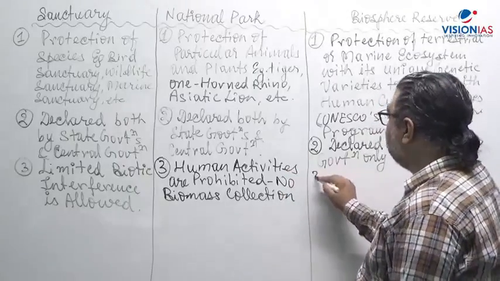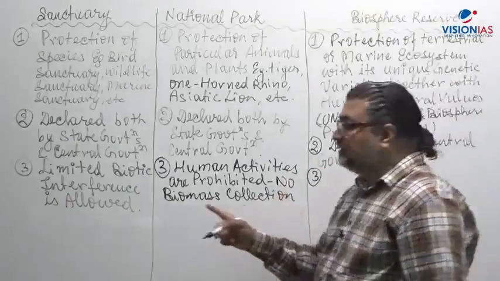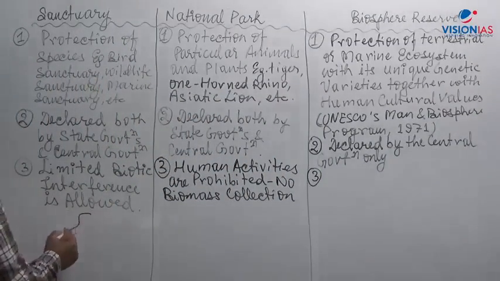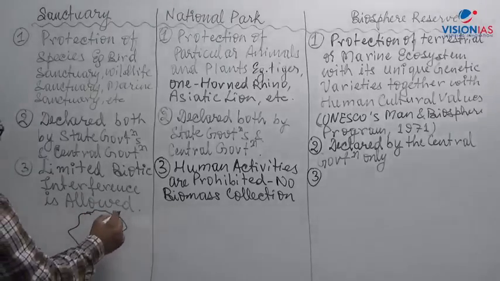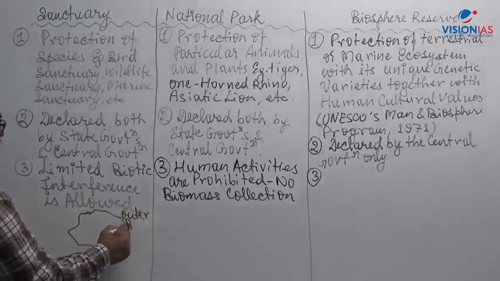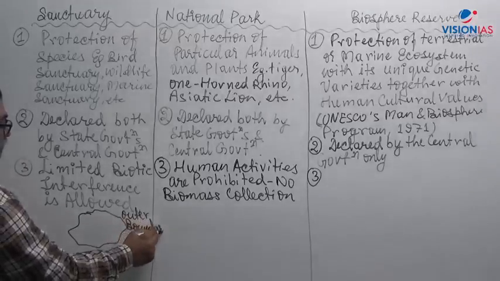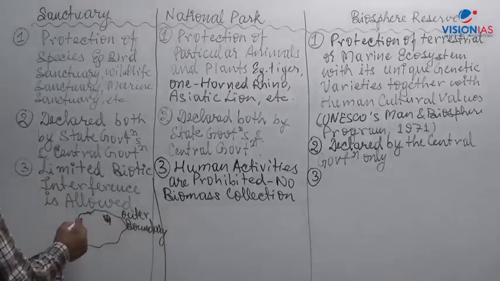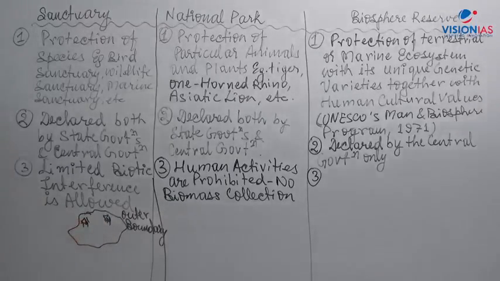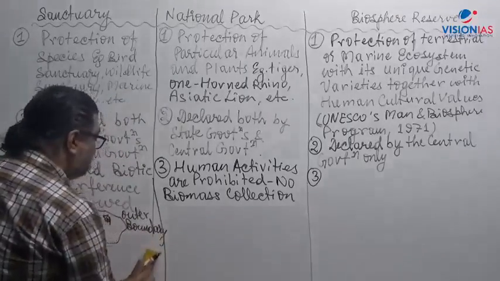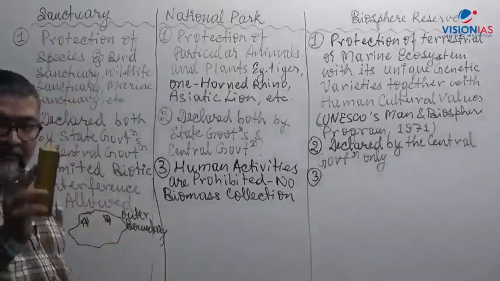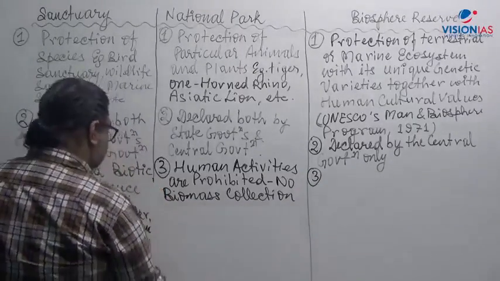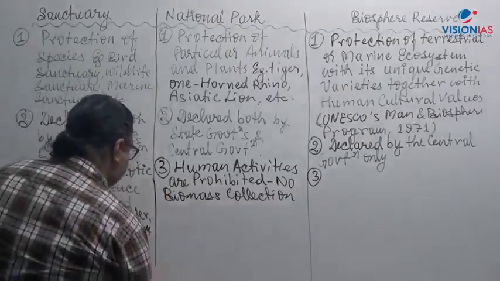Now what comes here, the third one? See what happens in the case of a sanctuary: only the outer boundary is marked. The outer boundary is marked by law. But there may be settlements there, sometimes inside as well. What happens in the case of a national park? If you take a national park, you have a provision of